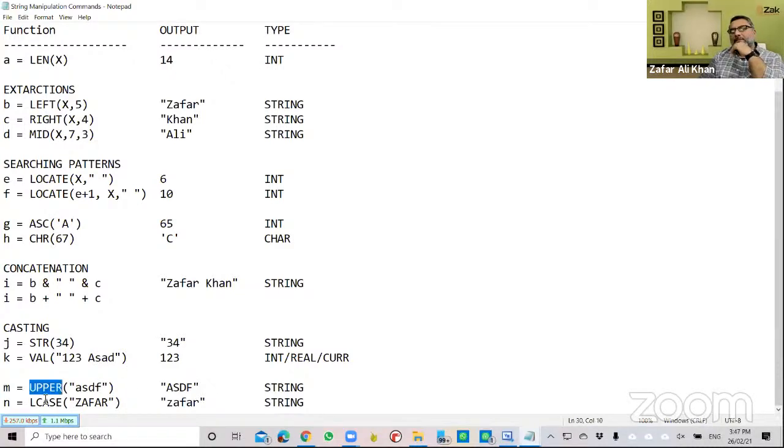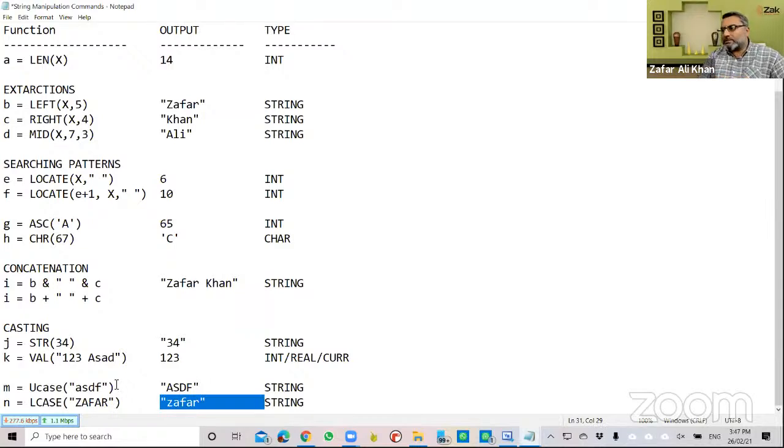And then comes UCASE and LCASE. Whatever you give in the argument will be turned into uppercase and assigned to M. So the output of asdf will be ASDF in capitals. And the lowercase function, whatever value you give, if it is in uppercase, will be turned into